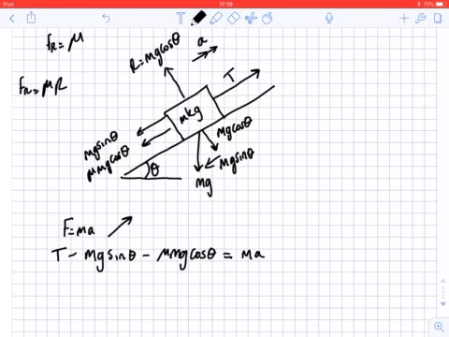But it is ultimately very important to know two things. One, is it moving up or down the slope? Because that will determine your frictional force direction. And two, it is ultimately important to remember that mg sin theta always acts down the slope. I always liken this example to pulling a sledge up a slope. You've got the weight of the person in the sledge trying to pull you back. You've also